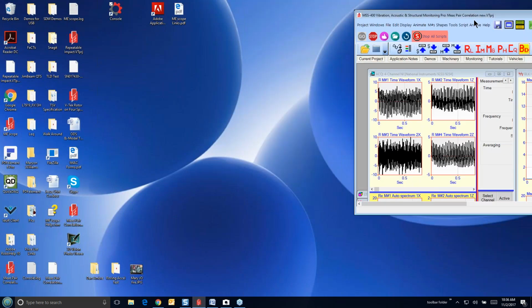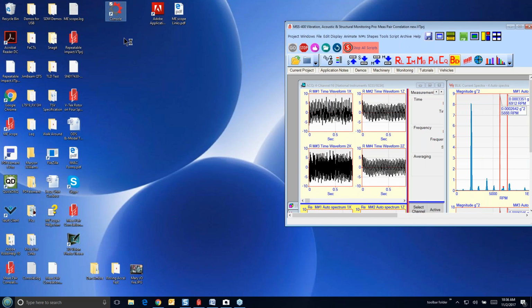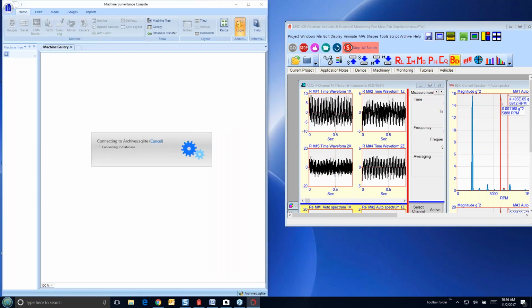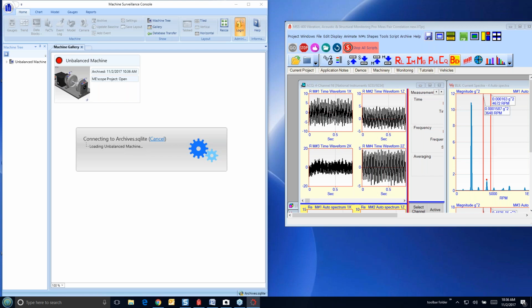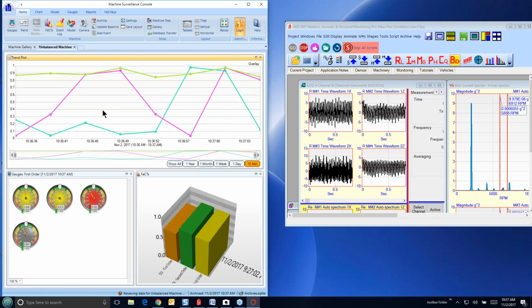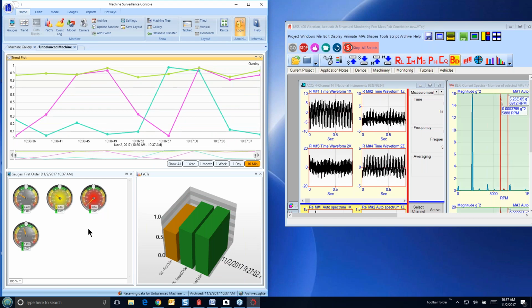And let me pull this over here. We'll just set it there on the side. And now I'm going to start a separate program. Right now we have this as 2 different programs. Eventually it's all going to be part of MEscope with our newer software. So what we've got here is MEscope pushing data into the database under script control, and console is mainly a graphics post processor.